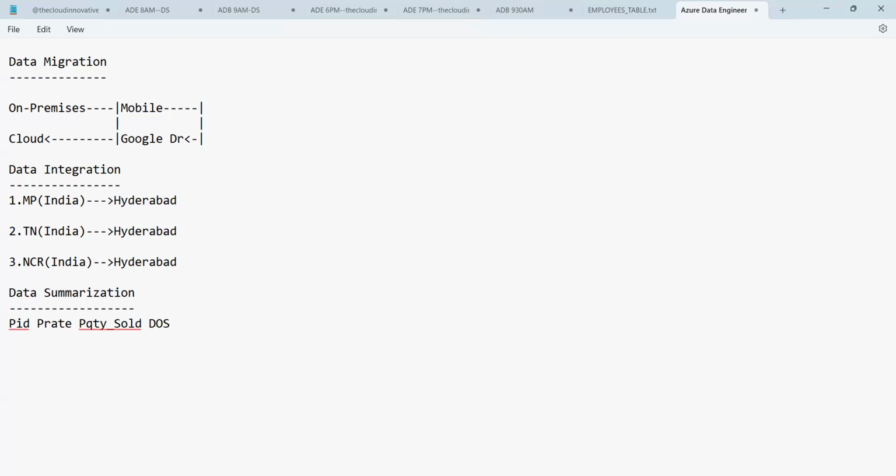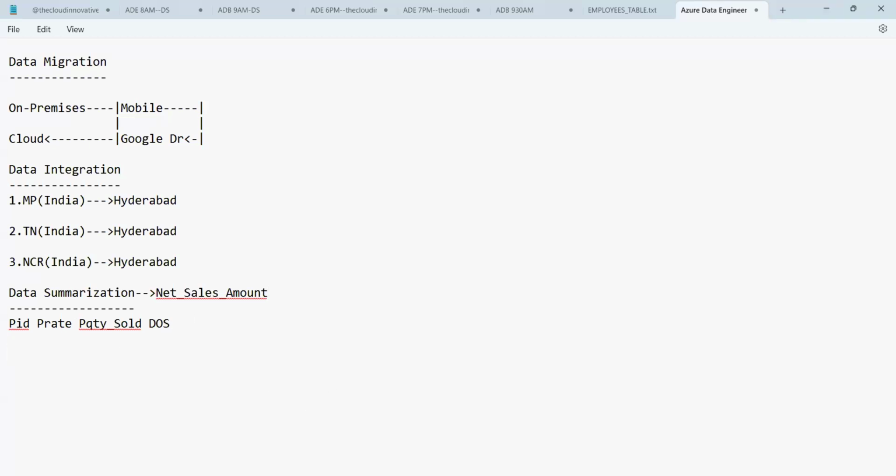Now here we require to extract the net sales amount. So how to extract it? Let us try to see this first. Let's put up the data here.